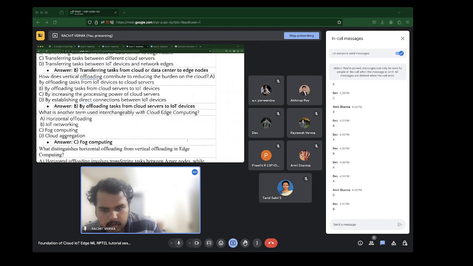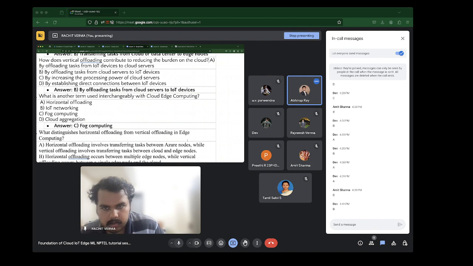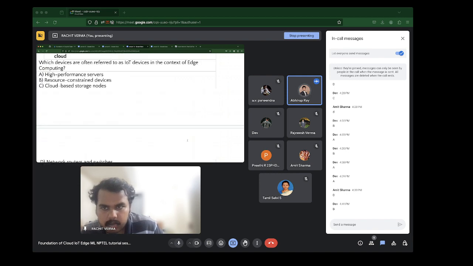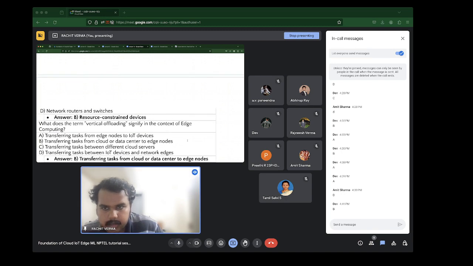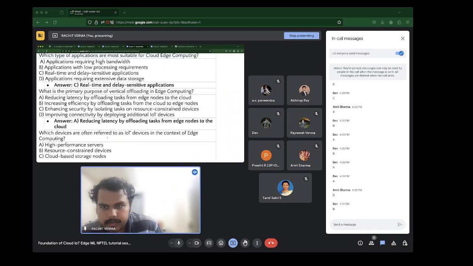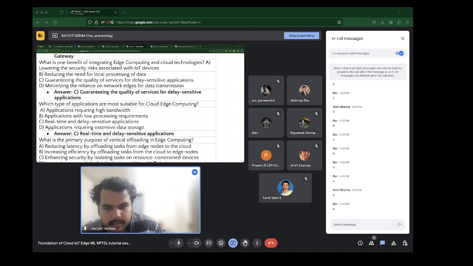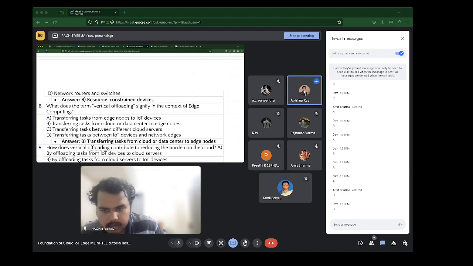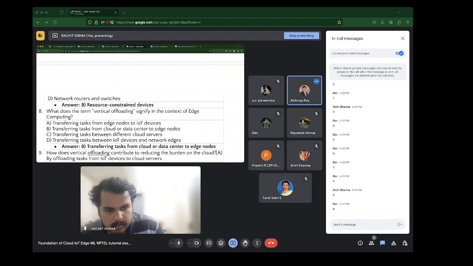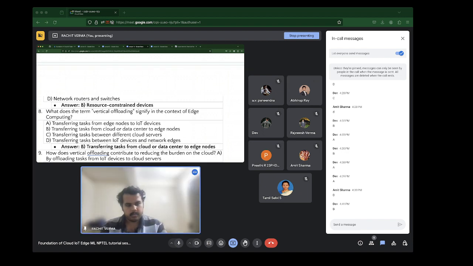Why not D? That is also IoT to edge, right? Wait, just a second, I lost the question. Question 8. Okay, you could say D also, but does it say in the slides IoT device and network edge?